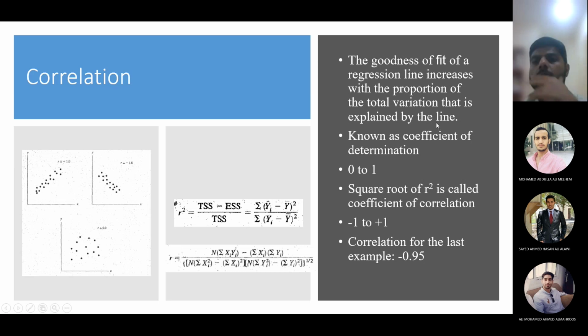Okay, so the goodness of fit for a regression line increases if the regression line is explaining most of the variation in the data. Variation means what? When the data is going up and down, right? The trend of the data. So if majority of the trend of the data is explained by the model, then it will have a high goodness of fit, or it will have a high coefficient of determination. The value of coefficient of determination goes from 0 to 1. Values above 0.3 are considered good. If you have a coefficient of determination more than 0.3, it is considered good.